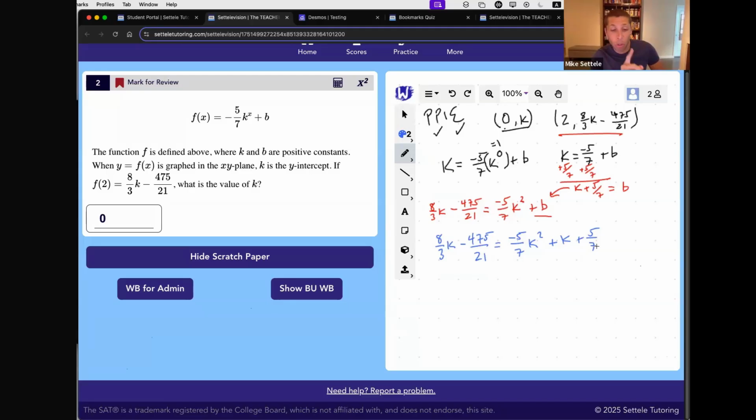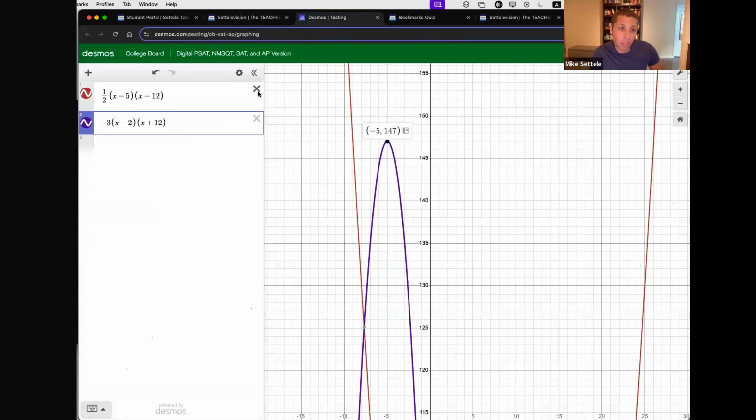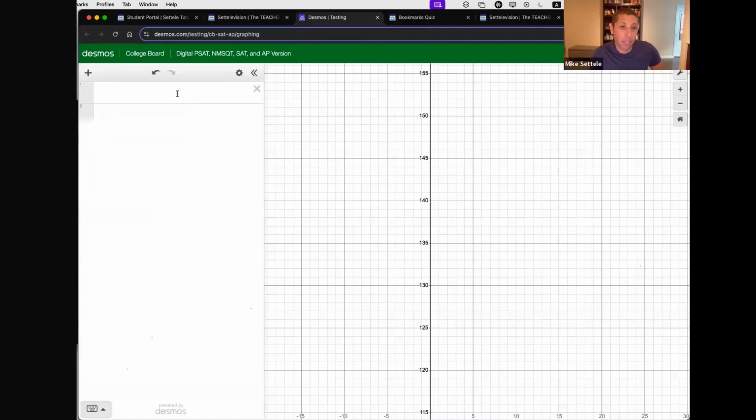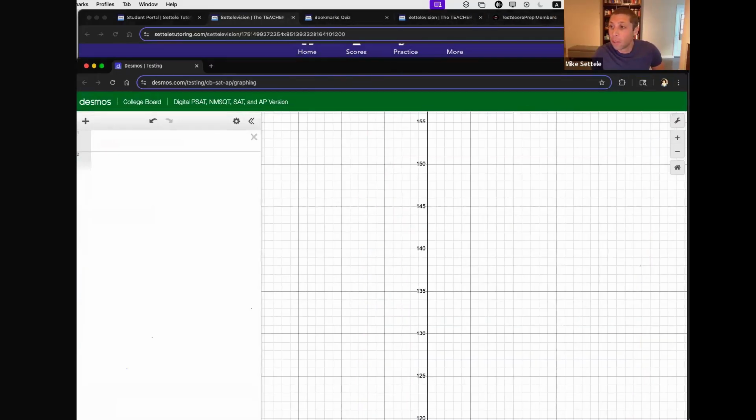An equation, which is one letter. There's a lot of k's, but there's just one type of letter. And we could solve this. We could move things around. We could combine like terms. It's a quadratic, so we're going to need to get it equal to 0, and then we'd have to factor. But here's where I wanted to show you another strategy that I think many of you will embrace quite quickly. Desmos does algebra for us. So let's move it over.